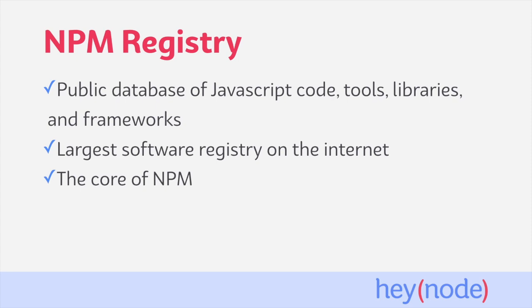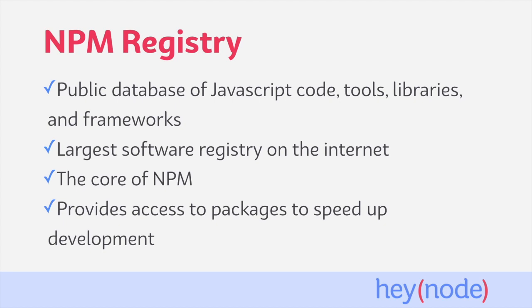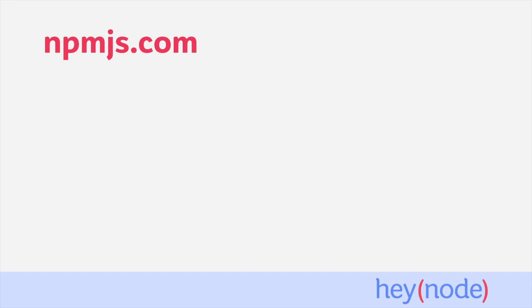The registry is at the core of npm, connecting millions of developers around the world with the packages and tools they need to get their work done. Instead of writing your application entirely from scratch, you will likely use modules published to npm to aid you in your development. For example, Express.js is the most popular server framework for Node.js. You can download it from npm and have a server running in just a few lines of code. This availability of reusable modules helps to speed up Node.js development significantly by reducing the amount of application-specific code you have to write. With the incredible volume of packages available in the registry, how do you find the right one to solve your problem?